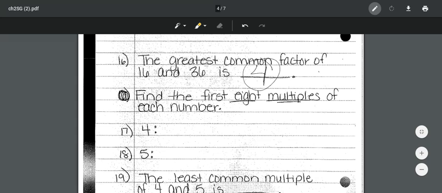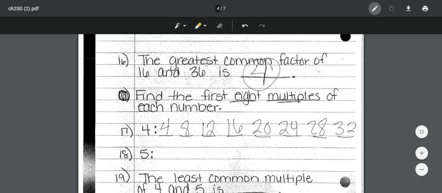So, the one thing that I really like to do is to actually put the dashes so I know that I did enough. So, I'm going to go 1, 2, 3, 4, 5, 6, 7, 8. And I'm going to go ahead and start skip counting. So, I'm going to go 4, which is times 1, 8 times 2. And then we're going to go to 12, 16, 20, 24, 28,